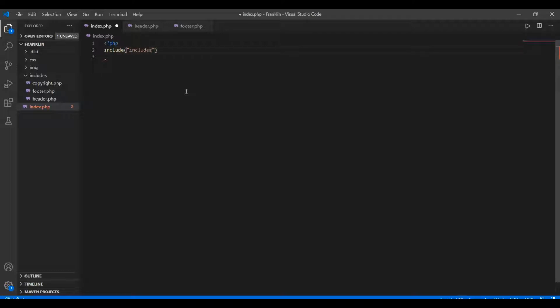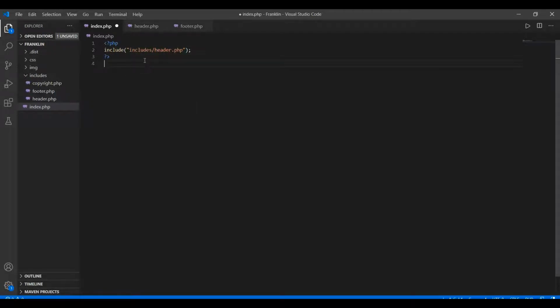This is in the includes folder, and first I need to include header.php. Put a semicolon to terminate the statement, and close the PHP tag. So this is done.